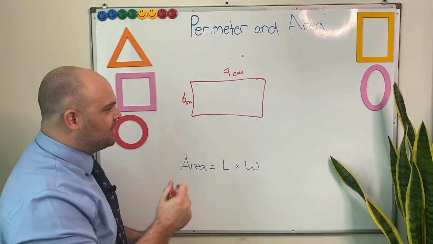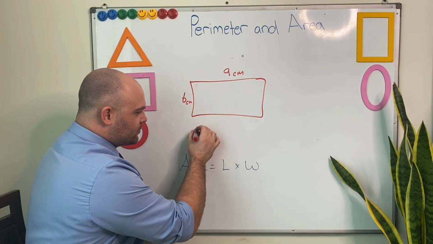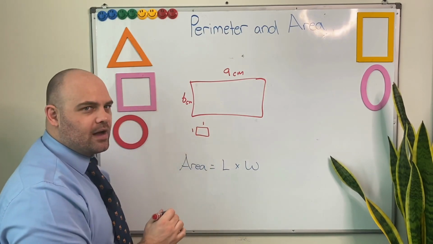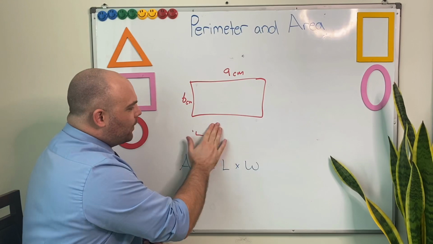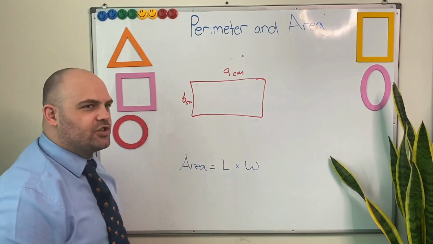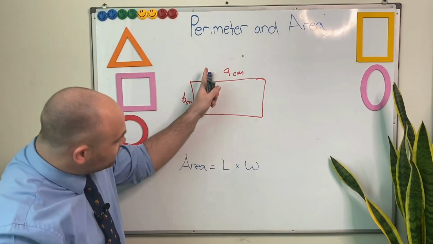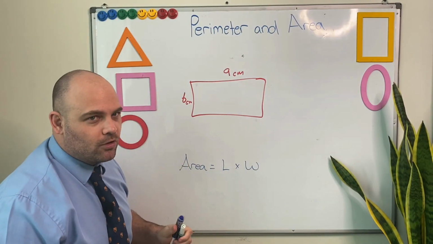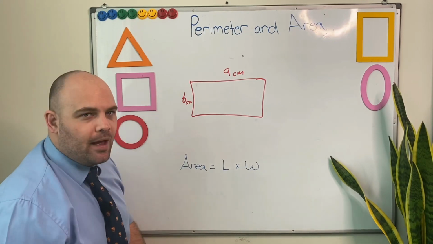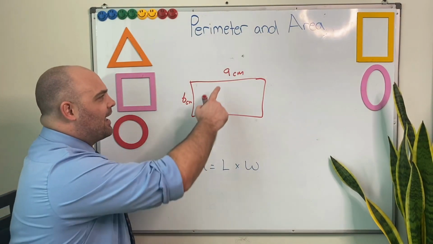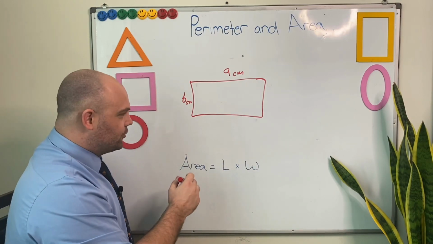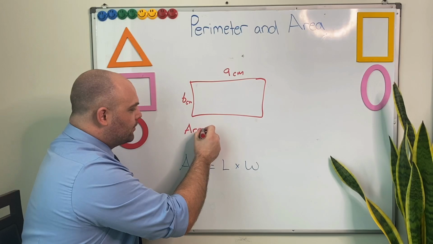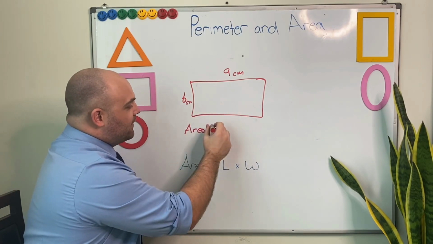If my rectangle was 6 centimeters by 9 centimeters, how many square centimeters would fit into this shape? A square centimeter is a square that is 1 centimeter long by 1 centimeter wide. Well, I could split this up into 9 columns and 6 rows, and I could count them all. Or I could just say, I know how my multiplication works, and 9 times 6 is equal to 45. So the area would be 45